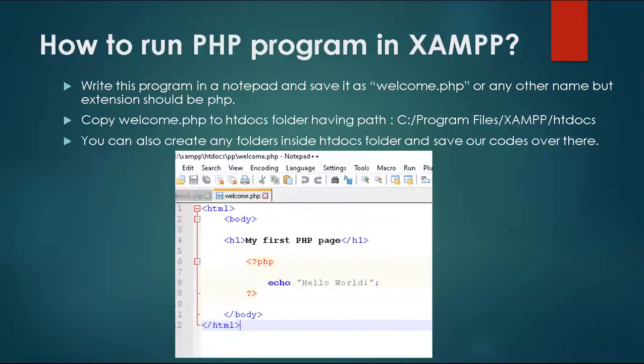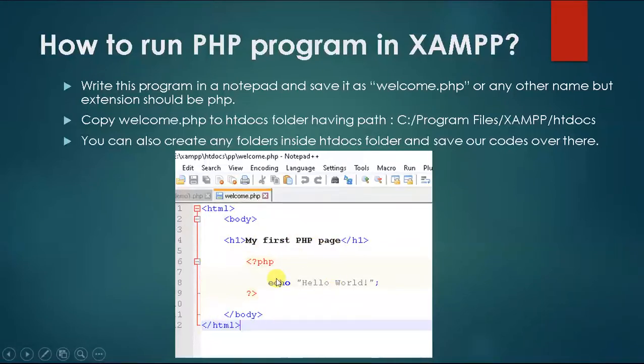After installing the software, you need to make a PHP program. For that, open Notepad++ or Notepad and write this code.